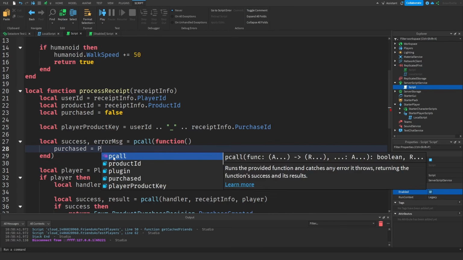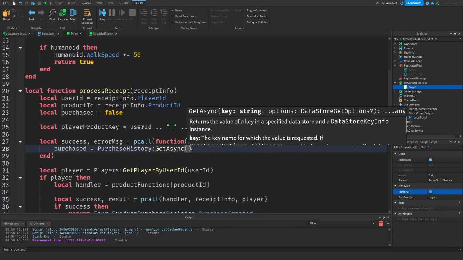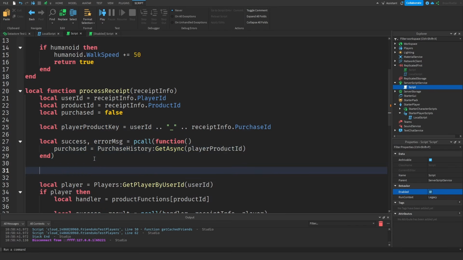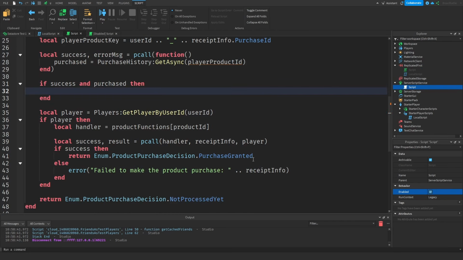We're going to say purchase history colon GetAsync open and close parentheses, and as the key, it's going to be our player product ID, like this. Once we do this, we're going to check if this was successful. So we're going to say if success, and also if the purchase was successful, then we're going to simply return the purchase granted down here